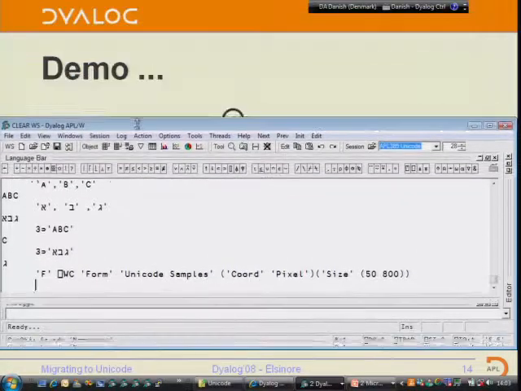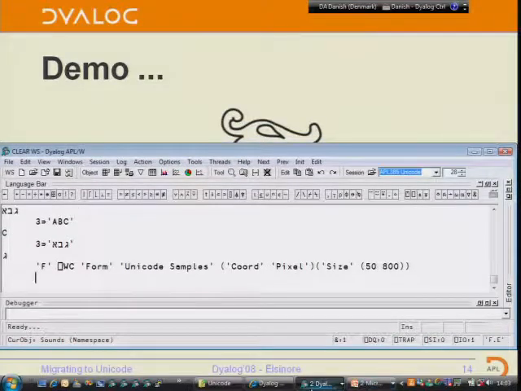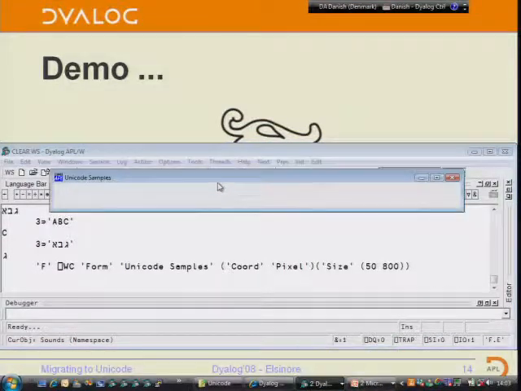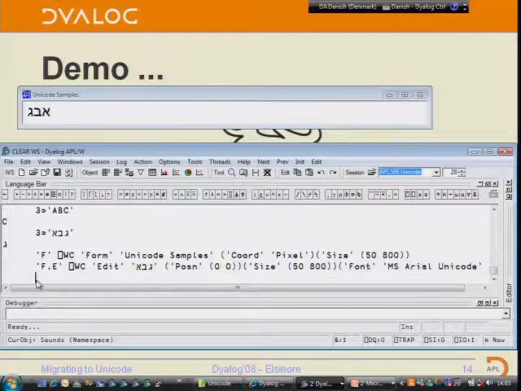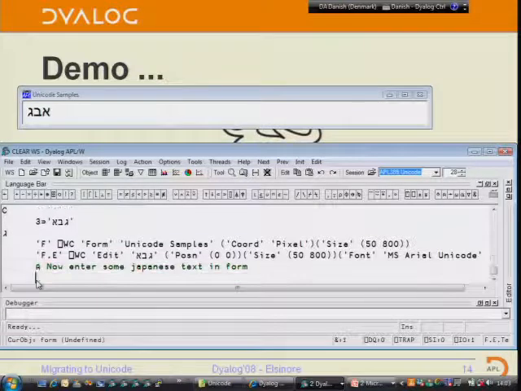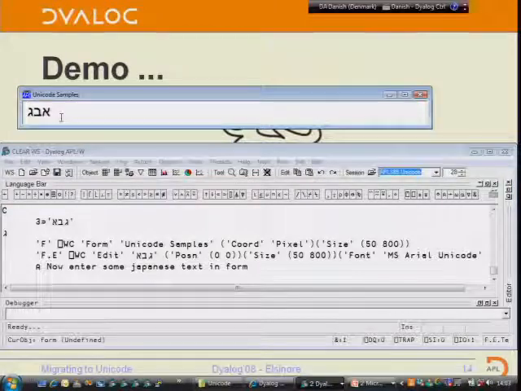pretty difficult. But let's create a form. There we go. And let's put the Hebrew into an edit field, and the Windows control knows that it should be displayed the other way around. What does it mean? Oh, it's just the first 3 letters of the Hebrew alphabet. Doesn't mean anything unless you're a